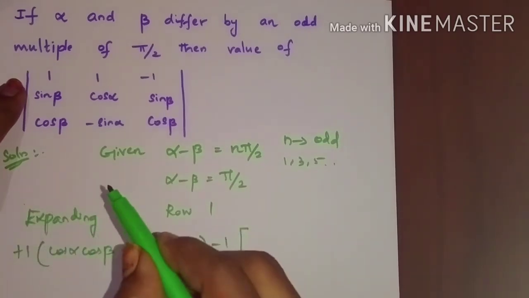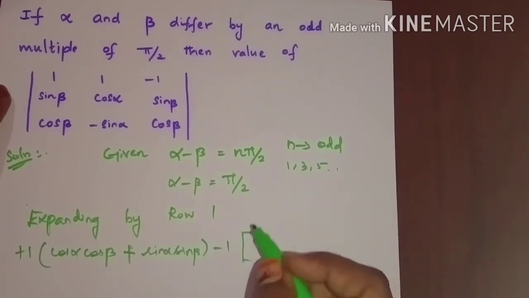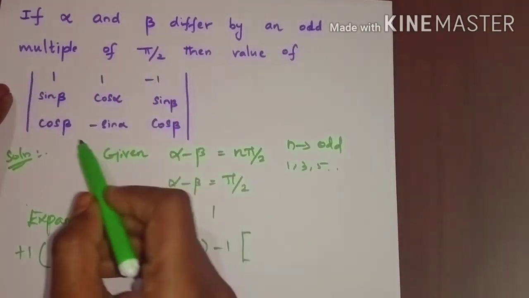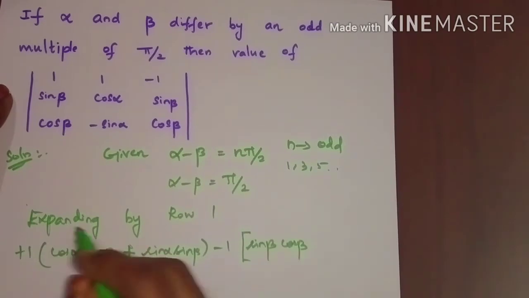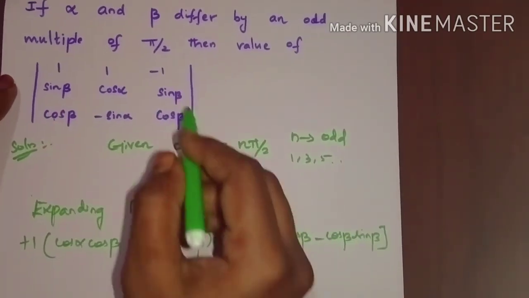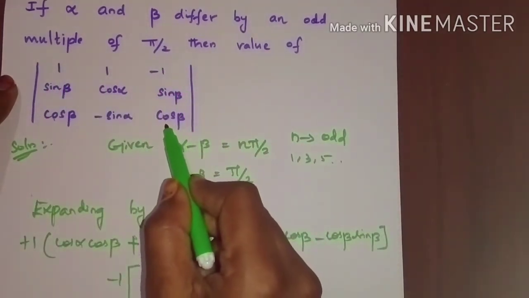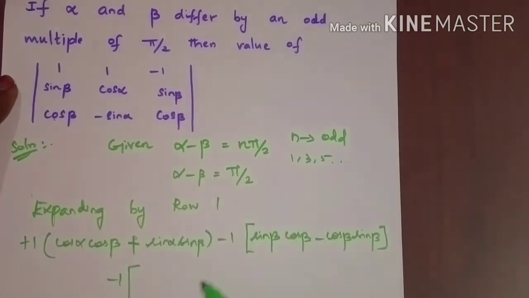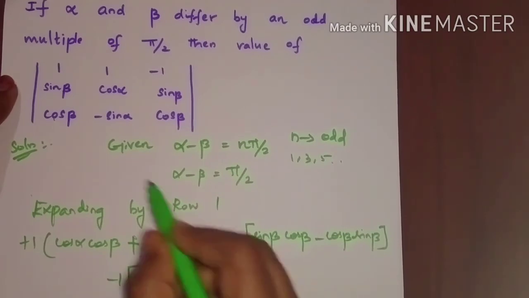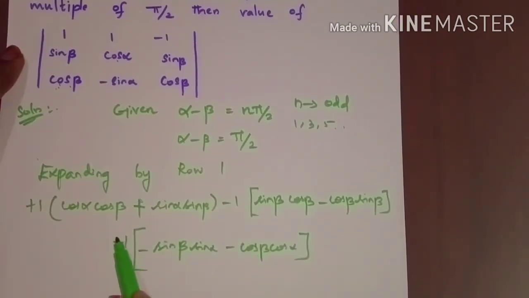We have to change the sign of the elements as we have already discussed in the determinant topic. Minus 1 of, eliminate that column and that row, will get sin beta, cos beta, and this element would be cos beta, sin beta, minus, and the last element minus 1, will get the value of, eliminate that row and that column, will get the value of sin beta minus sin alpha. So minus of sin beta, sin alpha, and we'll get minus here, cos beta, cos alpha, and we can take the minus sign out, we'll get plus value.